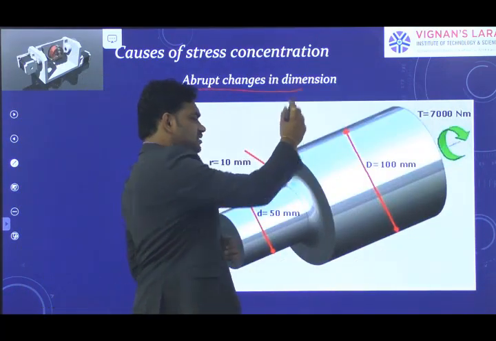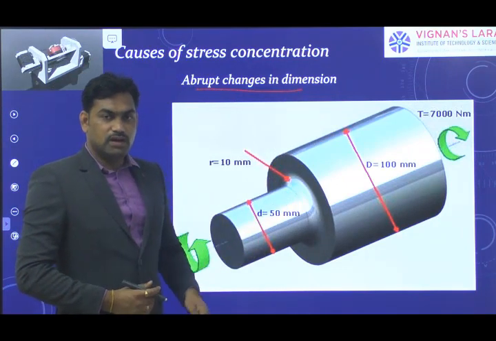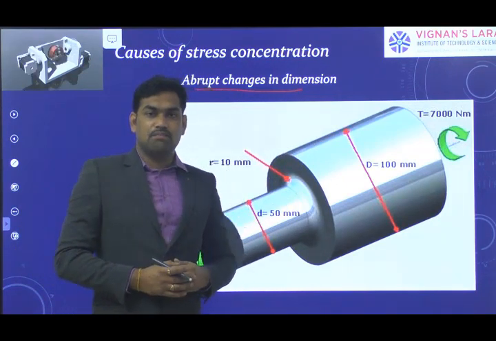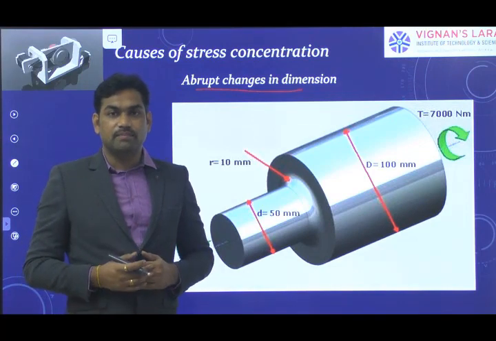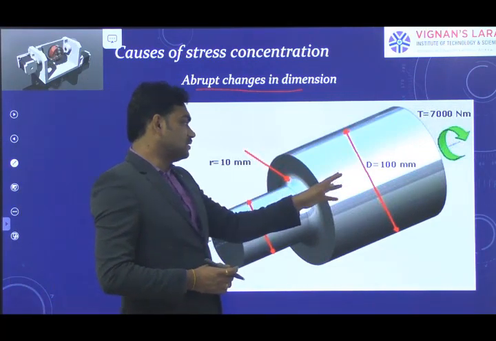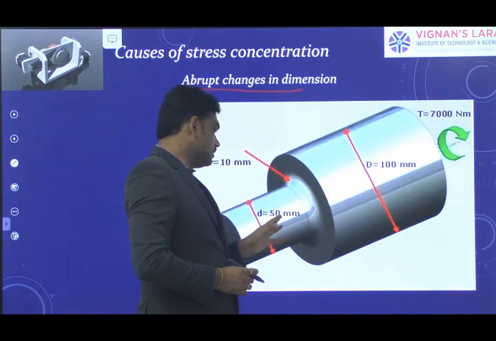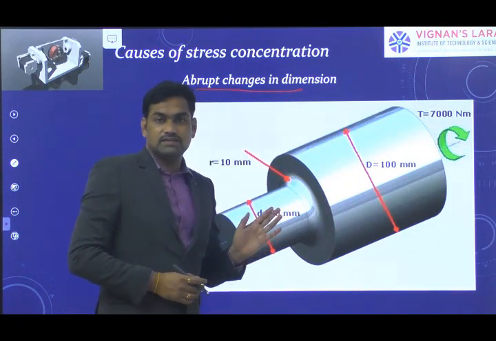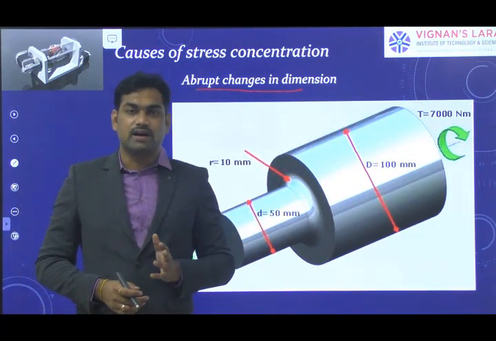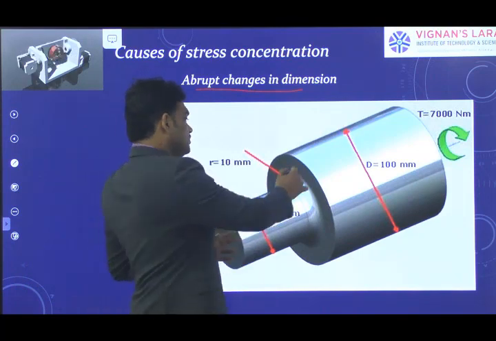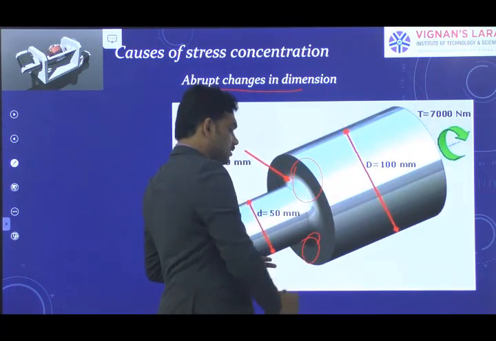And the second one is sudden changes in the dimension. Here, in order to place a hub upon a shaft, you can reduce the diameter. Here you can observe a larger diameter shaft, and here a smaller diameter. Whenever there is a sudden change in the cross-sectional area, it causes a stress concentration at this particular reduction